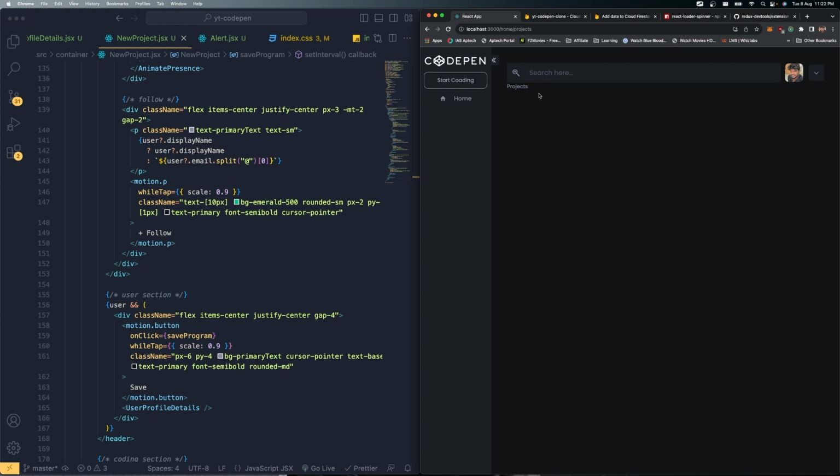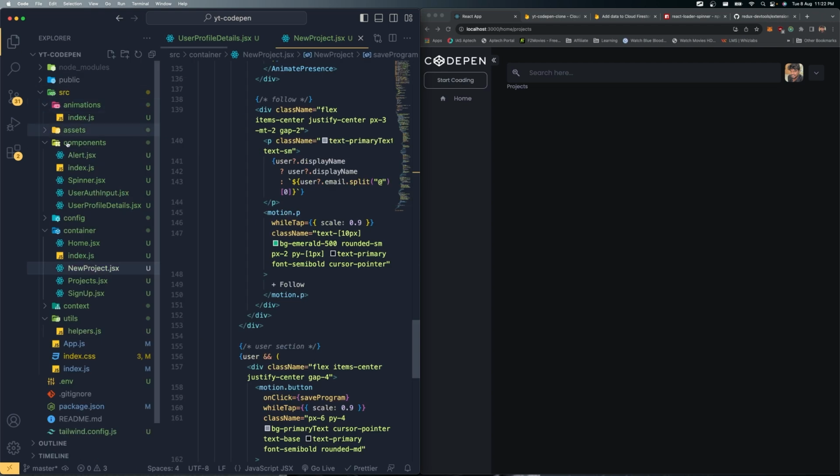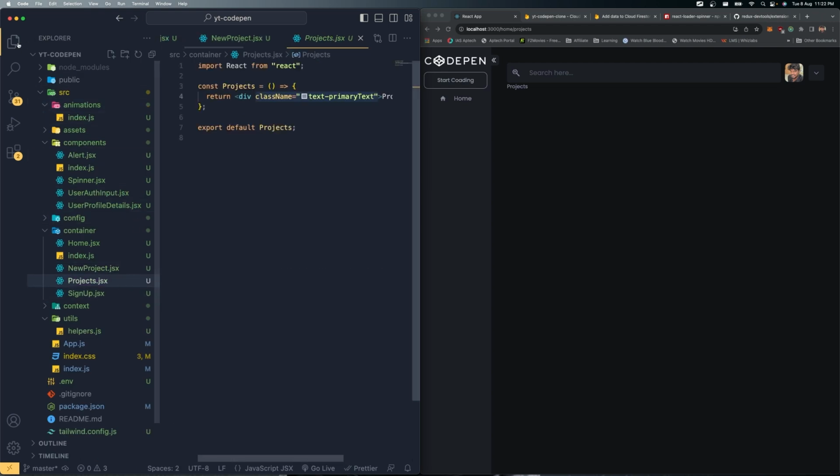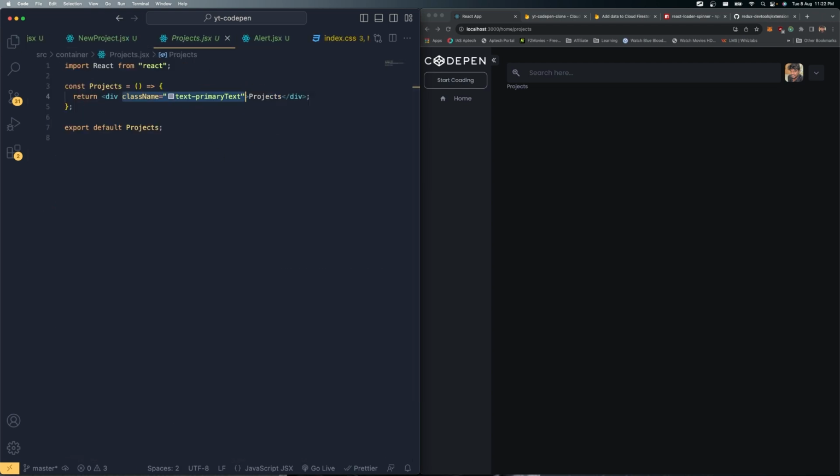So that's what we are going to do right now. Let's get back to the home screen, to the place where we are displaying the projects. This is the place where we are rendering the projects. One second. All right, let's go ahead and do that. Project card section, where we are going to display that project card. Instead of this, let me enable the word wrap. So instead of this text primary,